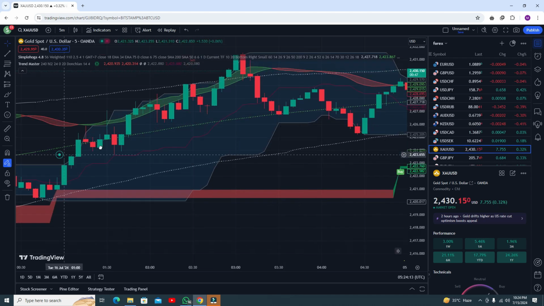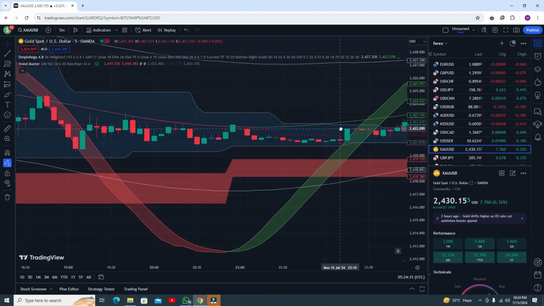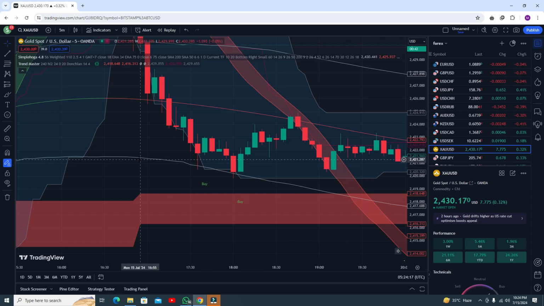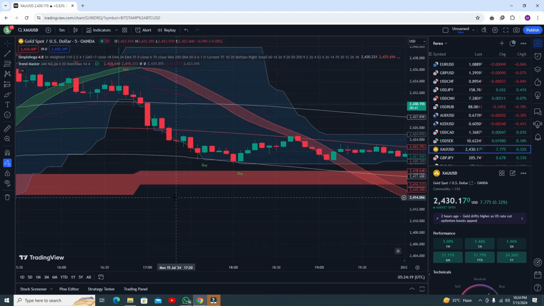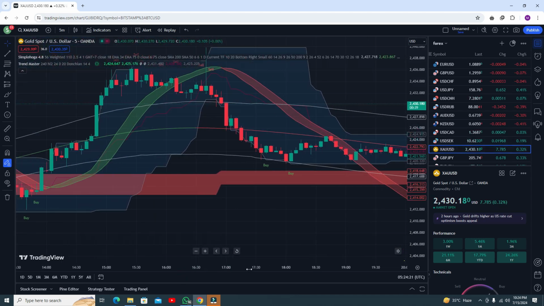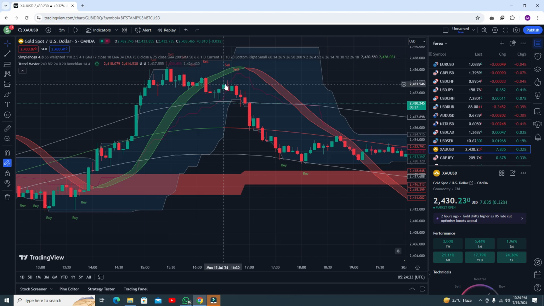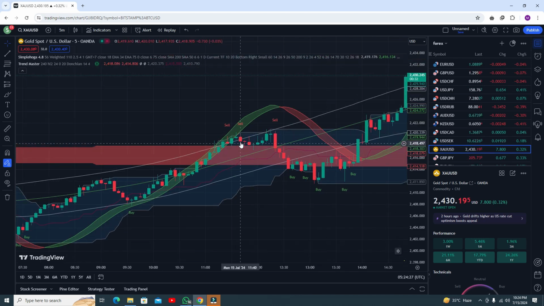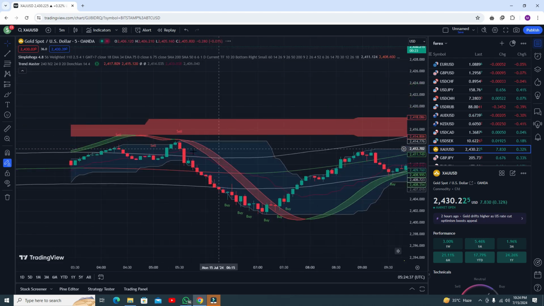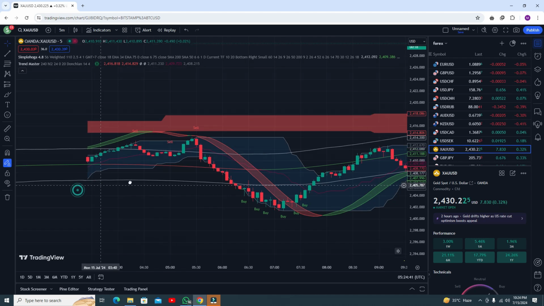So let me show you some previous results so you can understand better. Here you can see the trend is red, and this is your confirmed sell signal, and you can see you got the profit here. Let me show some again, you can see you got the sell signal again, because the trend identification is red, you have to go for the sell trade, and you will definitely get profit here. Okay, now again you can see you got the sell signal, and this is a profitable signal.